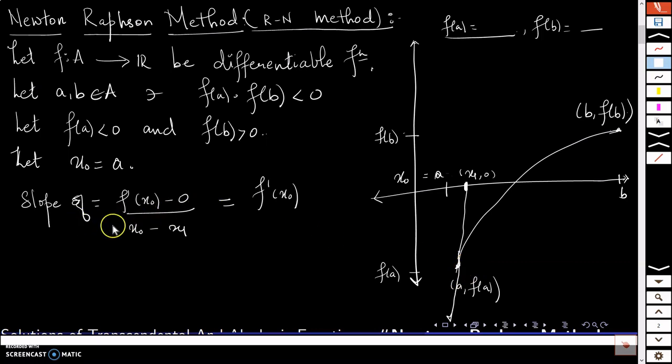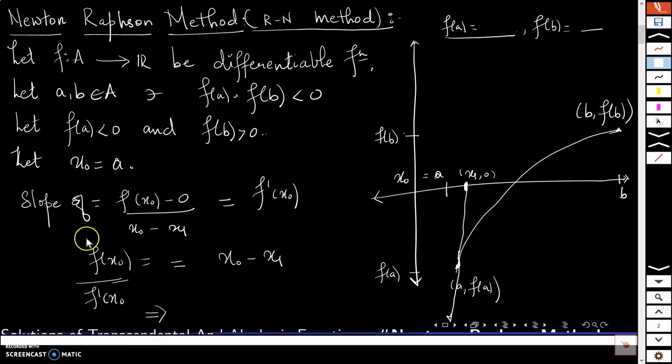Okay, so finally I have this expression with me. Slope is nothing but the derivative of the function at that point, and slope is also given by this expression, y2 minus y1 upon x2 minus x1. Using that formula, I can write the slope as this. So f dash of x naught will be equal to, I can just cross multiply this here, and I will bring f of x naught down, and this will be equal to x naught minus x1,